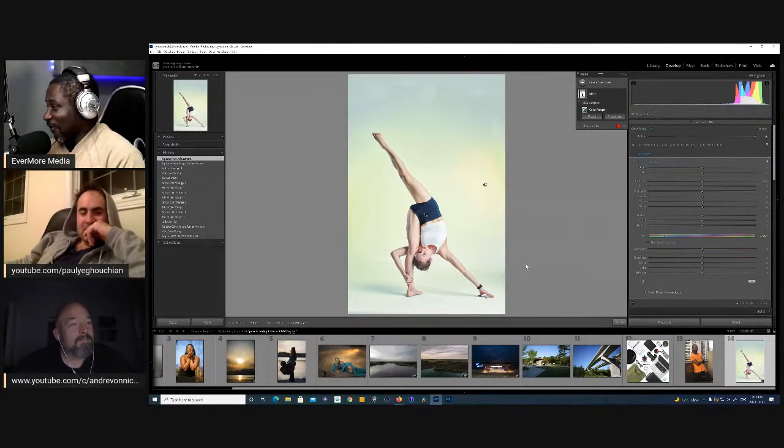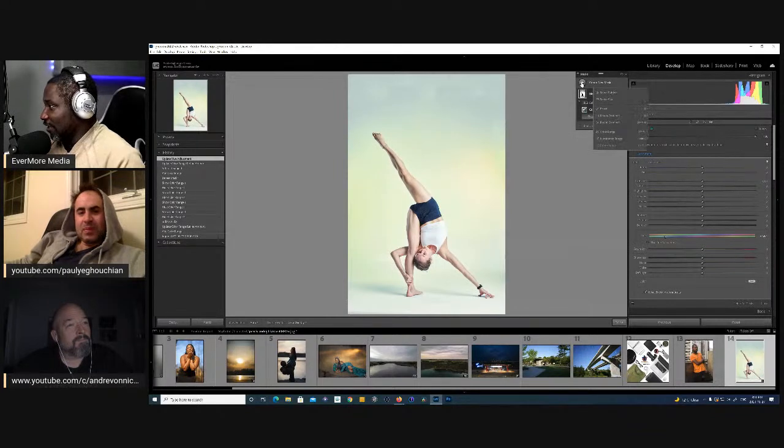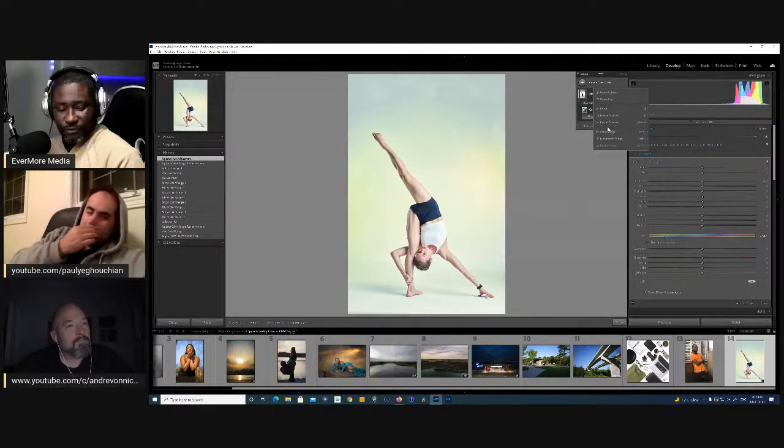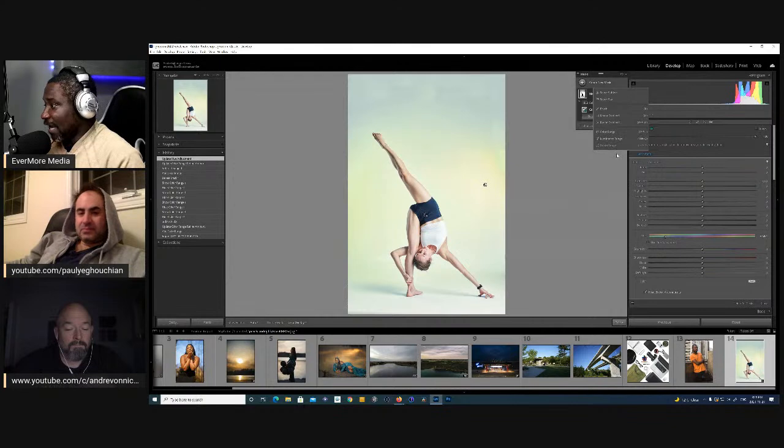All right, so that's one of the options I wanted to show. You can really make some of these selections. Now, these tools are not new. Don't forget, the color, the luminance range, and all these tools have existed in Lightroom for a while, but now we get to combine all of these tools to make one selection, because before